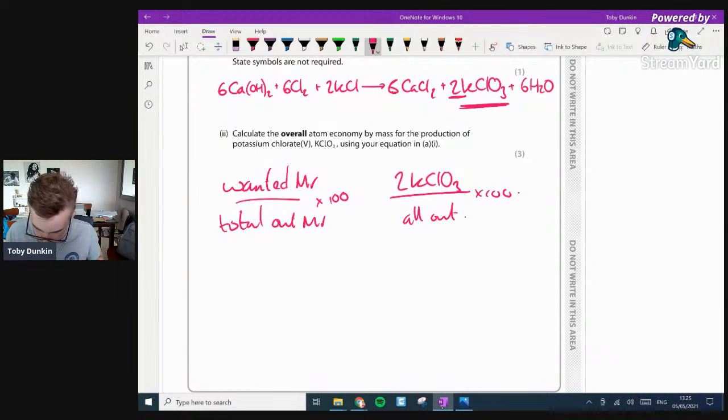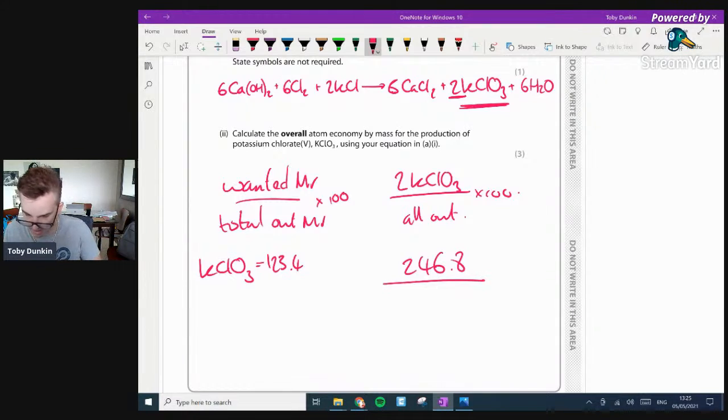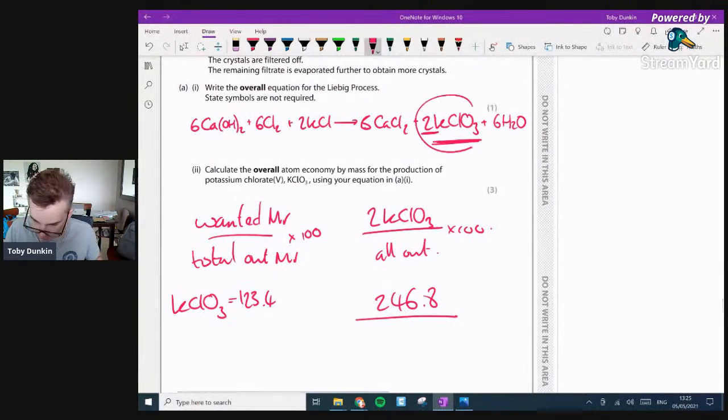So this becomes 246.8, because KClO3 is 123.4. So that over. Now I need to do all out. The great thing, we've done half the battle here. 246.8 plus 6 waters, 6 times 18, which is 108. And then I'm going to add it to